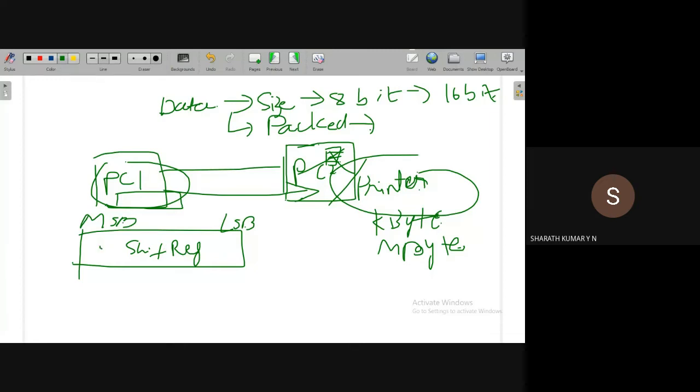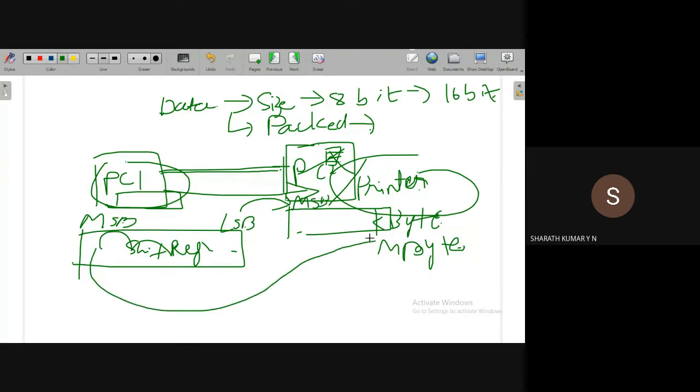This data is sent bit by bit through this serial communication line. At the receiving end, if it receives the LSB as MSB, and the MSB as LSB, that means it has received wrong data.